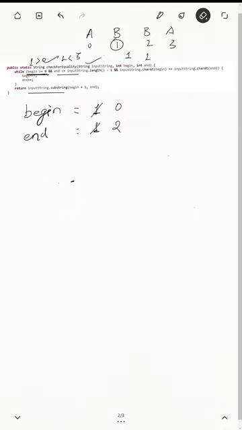Now begin is going to be decremented. Initially it was 1 but now it will be 0. The end value will be incremented, initially it is 1, now it will be 2. Again they are going to check the conditions. Begin value is 0, which is not greater than 0 but equal to 0, so this condition is satisfied. 2 is less than 3, so this condition is also satisfied.